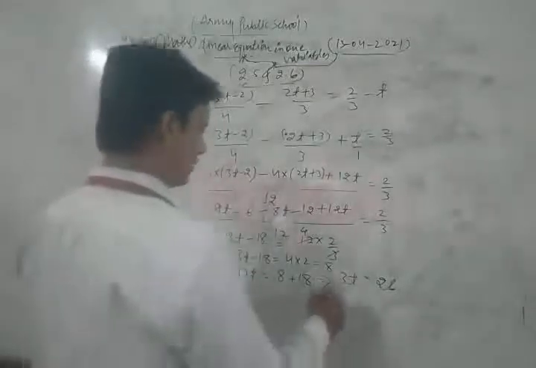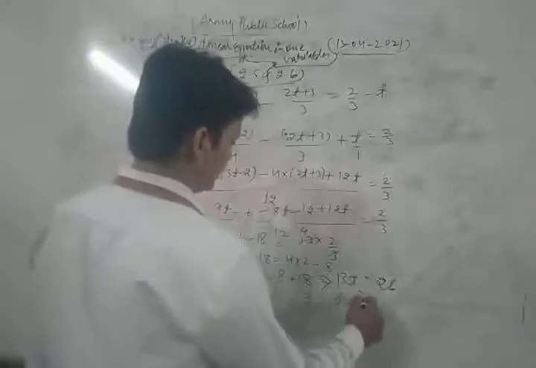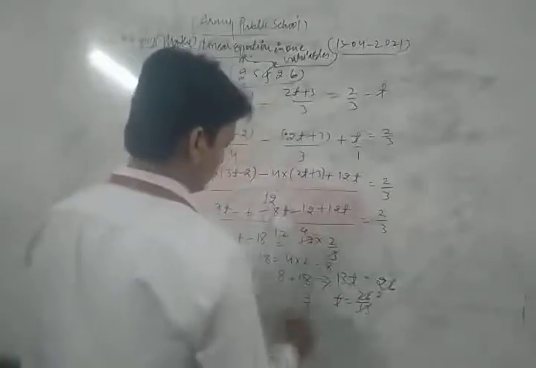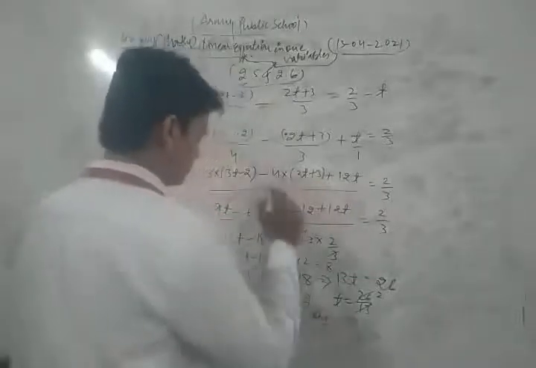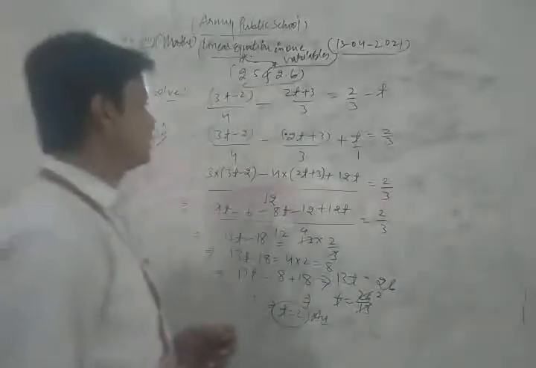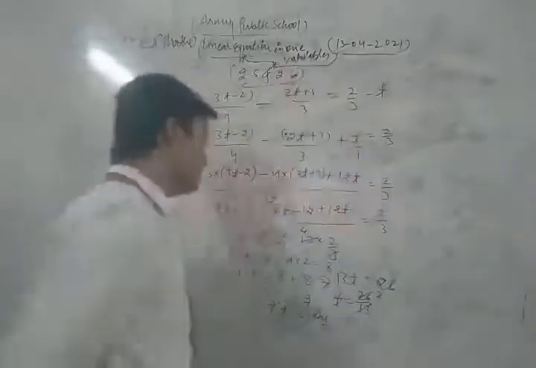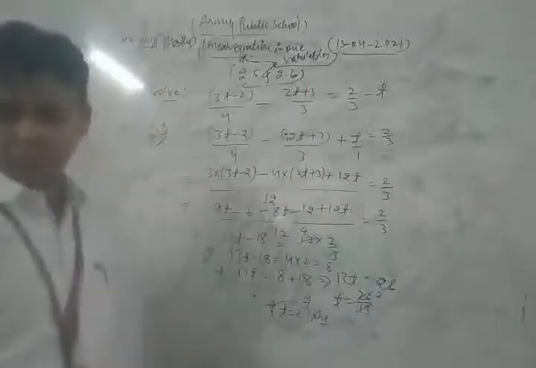This is 13t. So 13t is equal to 26. Thus t is equal to what? 26 upon 13, 13 2s are 26. Thus the value of t is 2. This is the required solution. So just in this way you can solve each and every question of your NCERT exercise based on linear equation in one variable. Now we take and solve some other important question of your exercise.